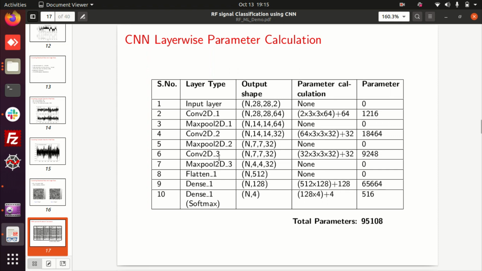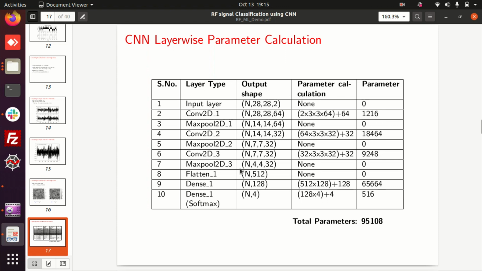Now I'm going to the third stage convolution. So here also I'm taking my number of filters to be 32. Okay, the filter size is fixed, the kernel size, so 3 cross 3. Input is also 32. Whatever the number of filters I am using in the convolution stage 3 is also 32. For 32 filters I have 32 biases. So that gives the total number of parameters.